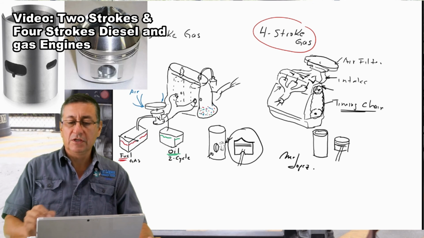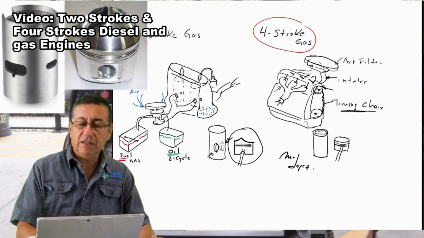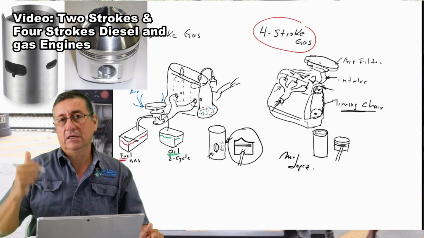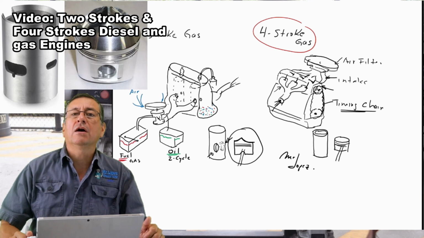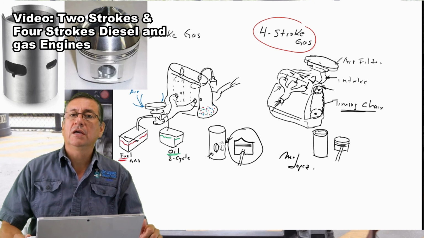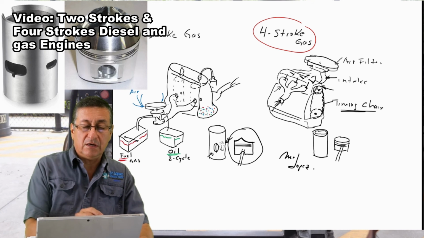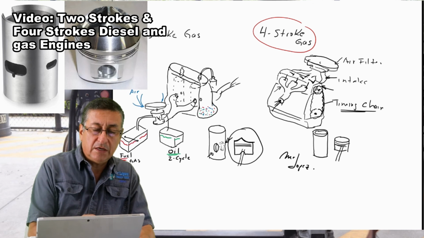In 4-stroke engines, the intake and the exhaust manifolds are located on the head, on each side of the head, like the picture that you have on the screen right now. This is in 4-stroke. In 2-stroke it is at the bottom of the block, because in this particular case,